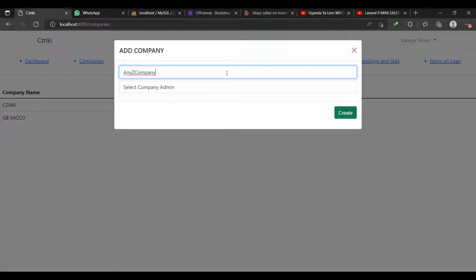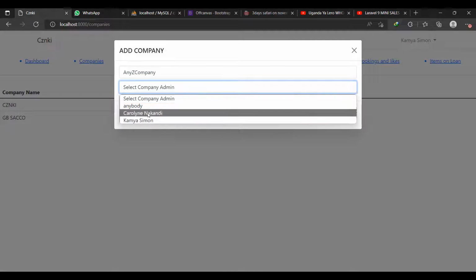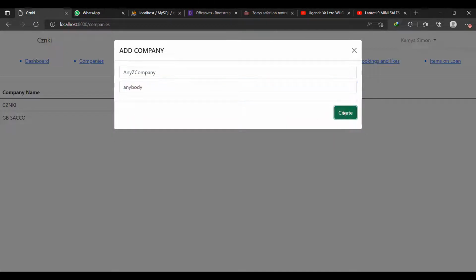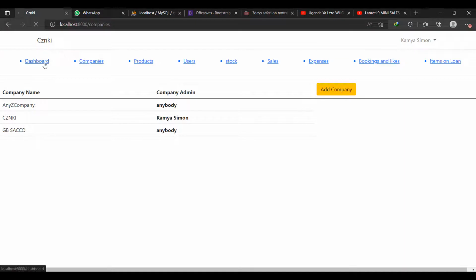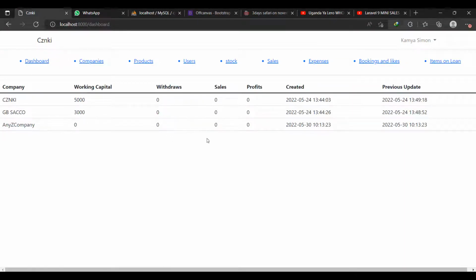Any's company, and I select the admin of that, who will be anybody, and then I create. All right, so any's company is among. So we have to go to, yeah, we're already in companies. So when we go to the dashboard, any's company is now created. So it's created as long as they have a part for the capital, or the expenditure, as long as the